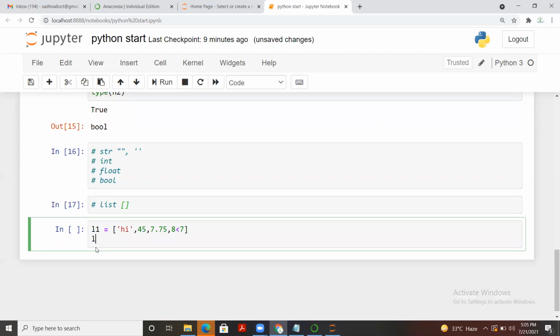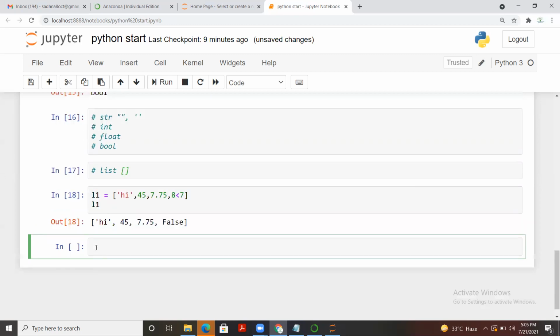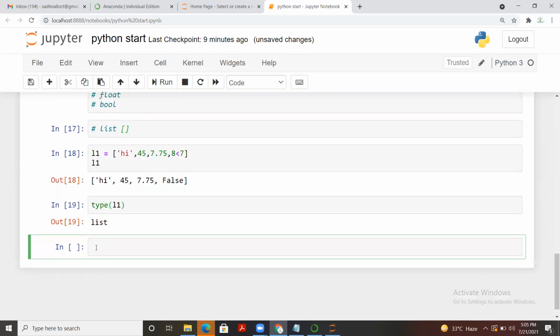If I call L1, and this time also I'm going to check the type of L1, you will see that it will be a list. So how does Python know that it's a list? Because of those square brackets. In case I create here, in parentheses, let's say character, numeric, float, and boolean, that time it will not be a list.